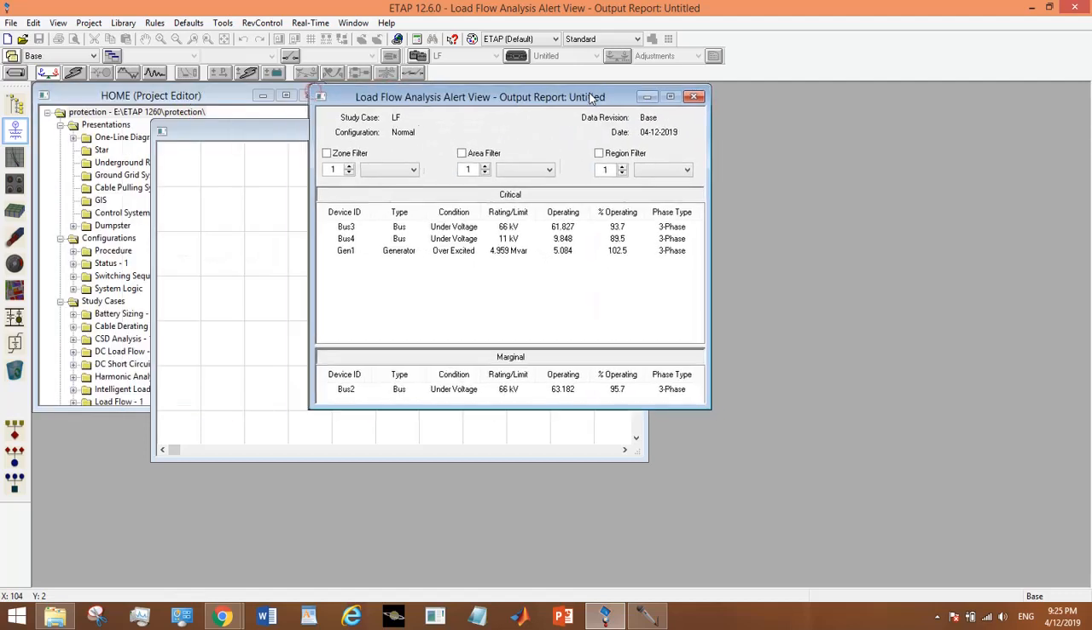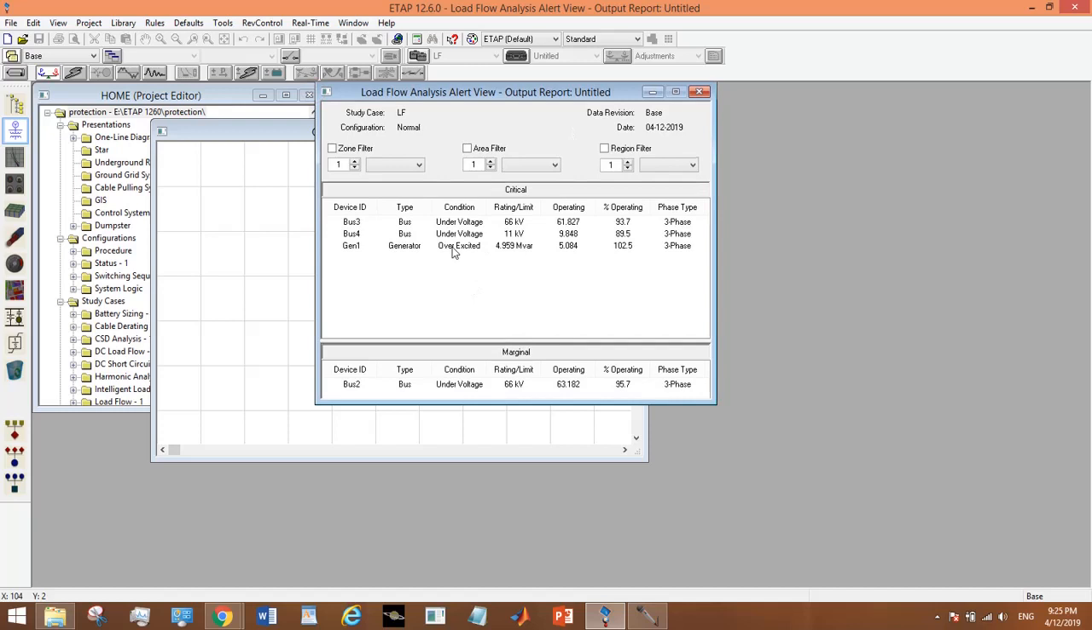It has several issues. Some are under critical range and one error is in marginal range. So bus 3 and 4 are under voltage and generator 1 is overexcited and bus 2 is under voltage. You can understand it like there should be 66 kV at bus 3, but it is 61.827, so it's not operating 100%,